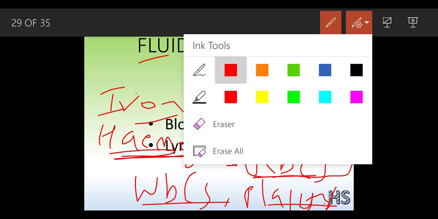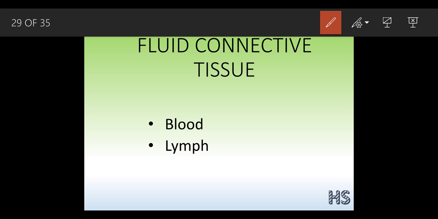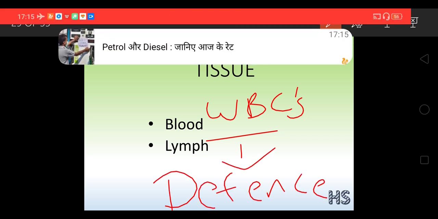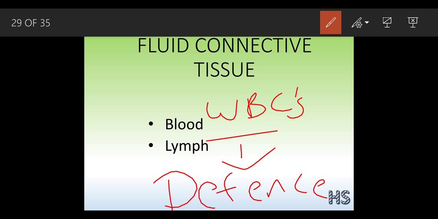Second, there are some WBCs also. WBCs are nothing but your defense. They work for your defense part. What is the function of this defense? It helps to protect our body from any of the germs, bacteria, viruses that enter into our body. So they work as a defense. Like how our country is protected by the army. There is the army who protects our country. Same like that, inside our body there are WBCs which protect our body.